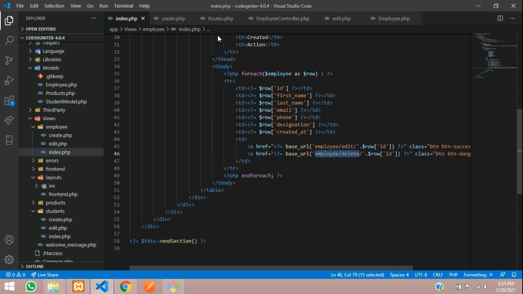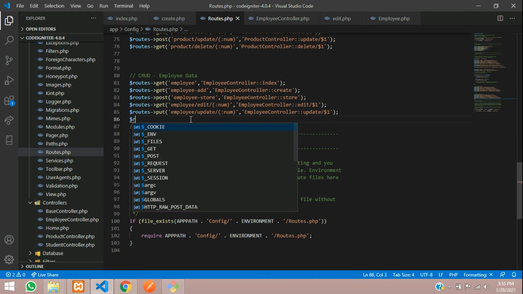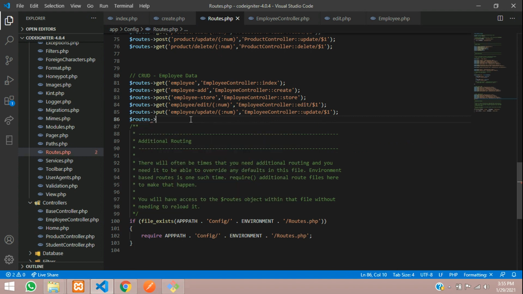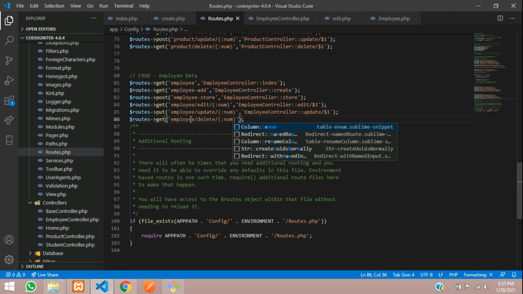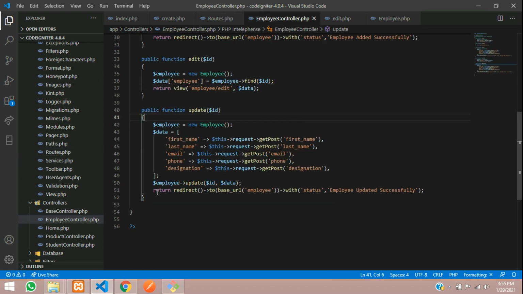So let's go over here and create a route, where I'm going to use the get function. We'll call this path and delete the data, /, and in parentheses the number we are going to send, and then at the same controller we are going to pass that with the ID, and go to the delete method. So let's copy this and go to the employee controller. I've created a delete method over there.